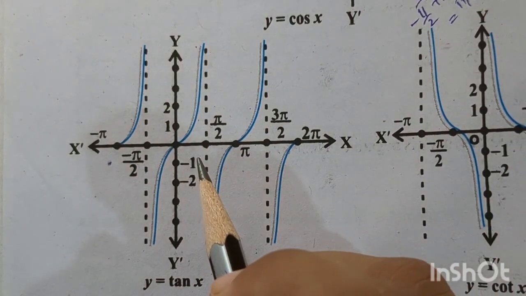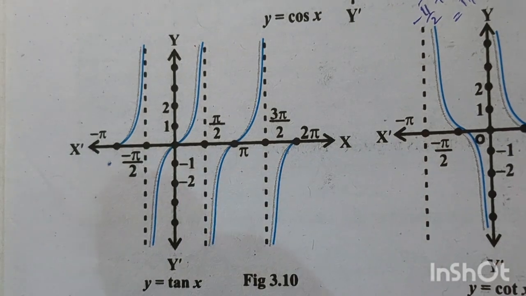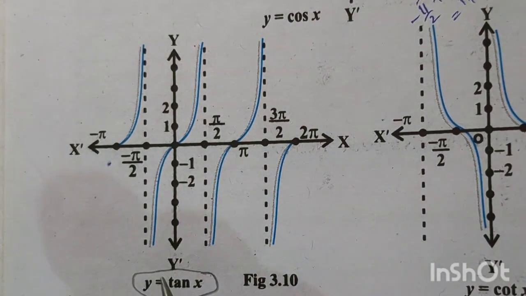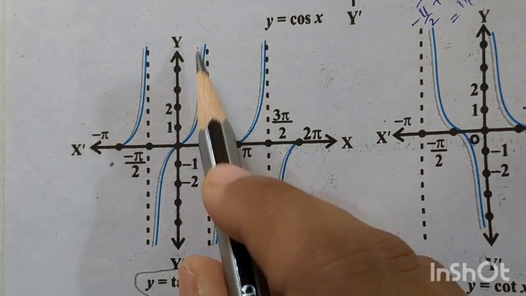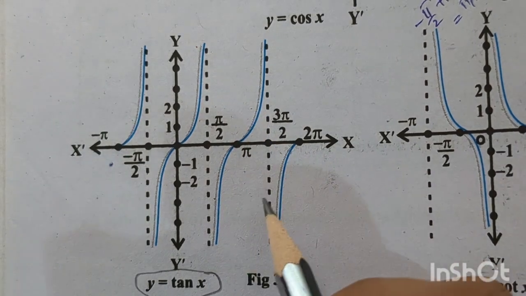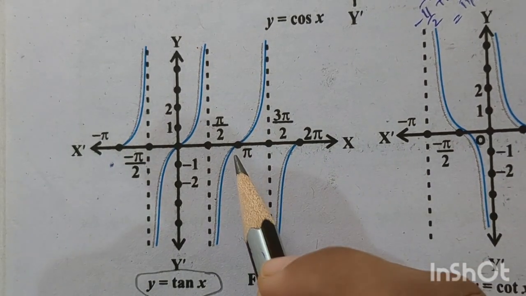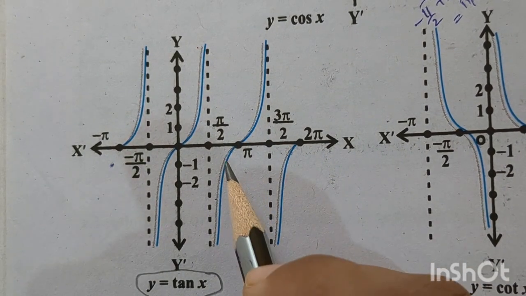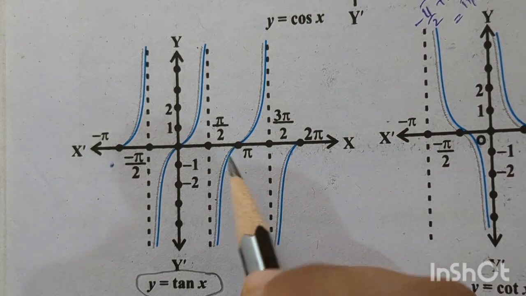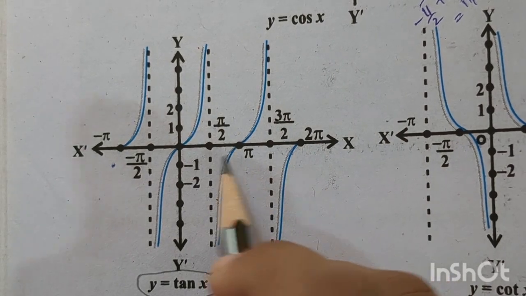Now you see, this is the graph of y is equal to tan x, the trigonometric function tan x. Here you see the nature of the graph for the tan x function. And here we said that the values of tan x will repeat after an interval of pi. So here you see,